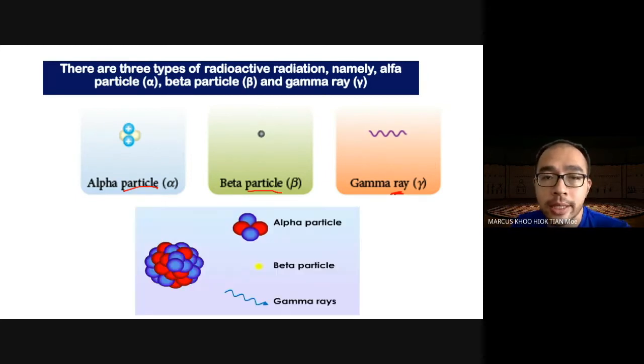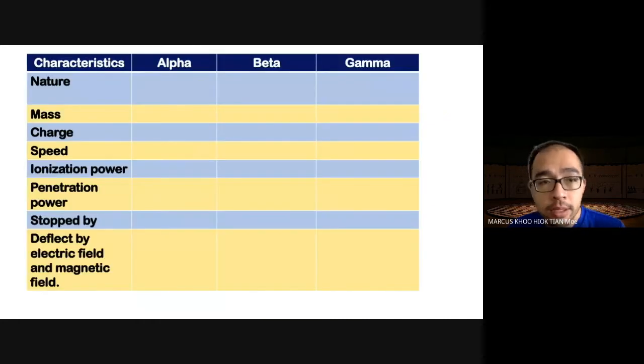So here's another gambar to show you. Notice that in terms of size, the alpha particle is much bigger compared to the beta particle. Even in these two diagrams, you can clearly see that the alpha particle is much bigger and much heavier compared to the beta particle, and the gamma decay only produces a ray. So in terms of the characteristics of the three,